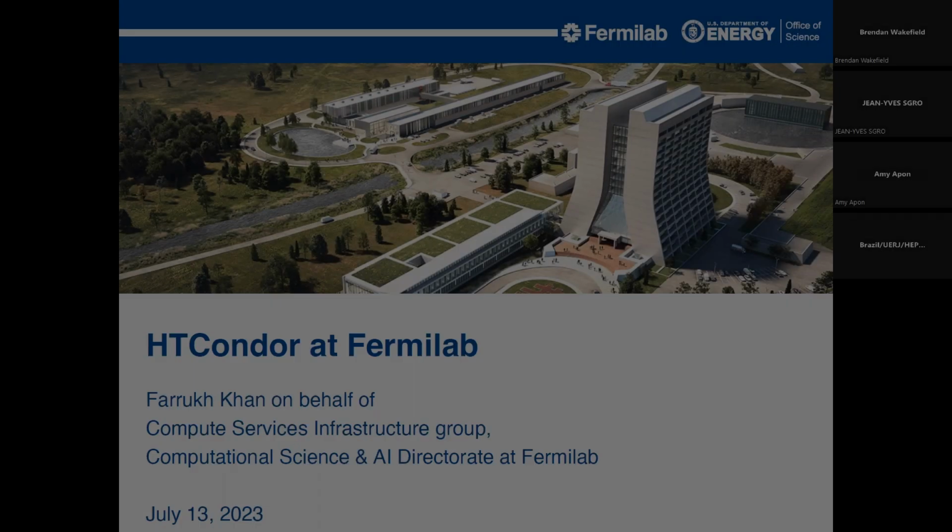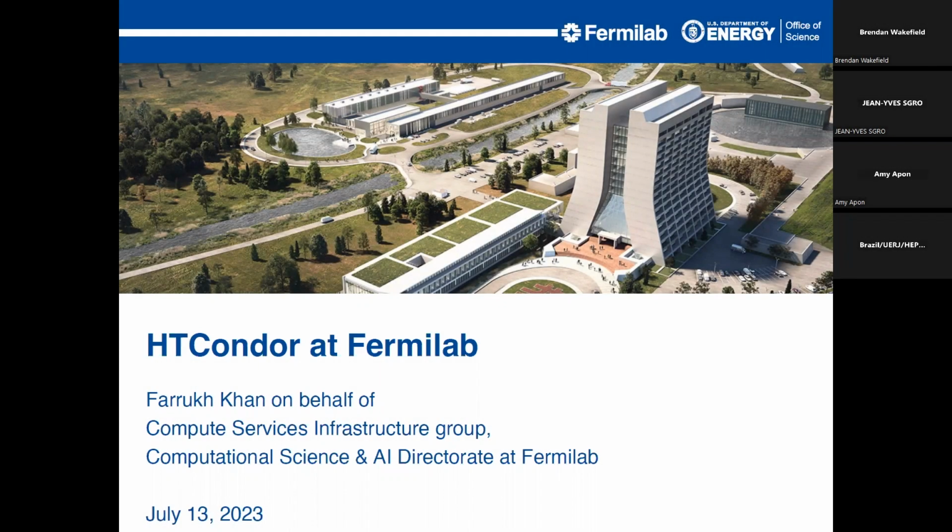Hi, everyone. My name is Farrukh Khan, and I am going to talk about HTCondor at Fermilab. I'm presenting on behalf of the Compute Science and Infrastructure Group, which is part of the Computational Science and AI